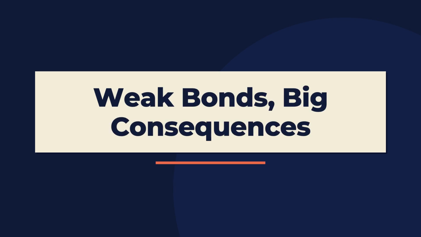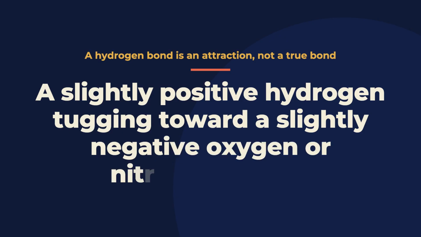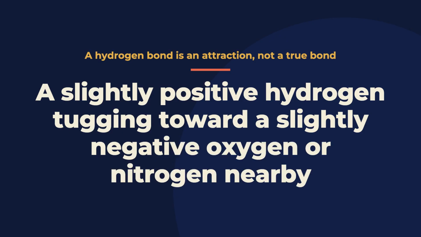When a fever climbs high enough to cause confusion, the cause isn't mysterious at all. It's chemical. Heat is breaking the weakest attractions holding proteins into their working shapes, and those attractions are hydrogen bonds. A hydrogen bond isn't like a covalent bond that locks atoms together inside a molecule. It's a weak electrostatic pull between a slightly positive hydrogen on one polar molecule and a slightly negative oxygen or